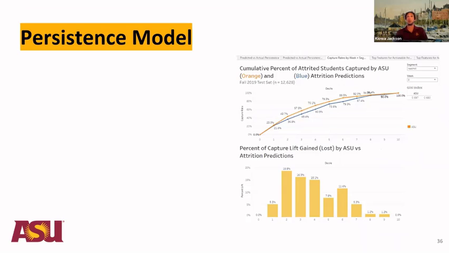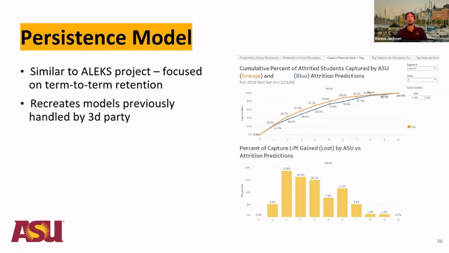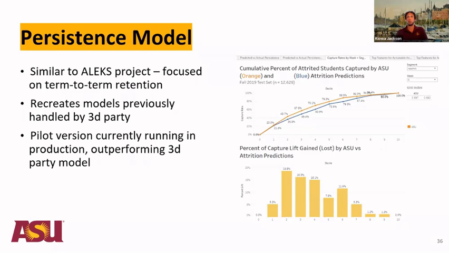Another project that we're currently working on is the persistence model project with the actionable analytics. And it's similar to the ALEKS project, only this time we're focused on term-to-term retention. So with ALEKS, we were trying to predict, are they going to pass this class? Now we're trying to predict, are they going to return next semester? And this recreates a model that was previously handled by a third party. And the pilot version that's currently running in production outperformed the third-party model, not by a lot, but by a